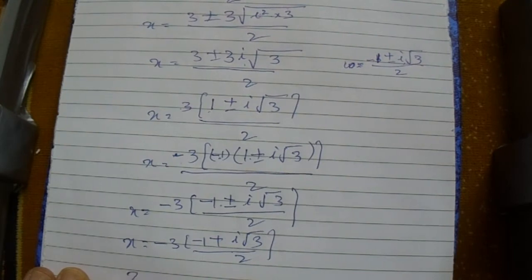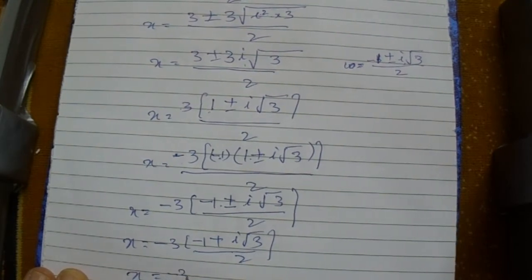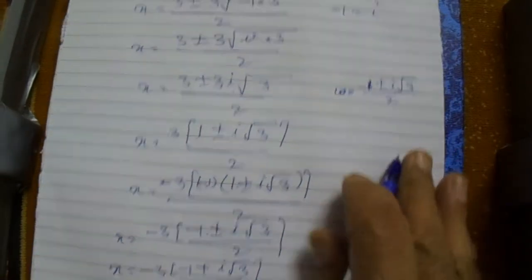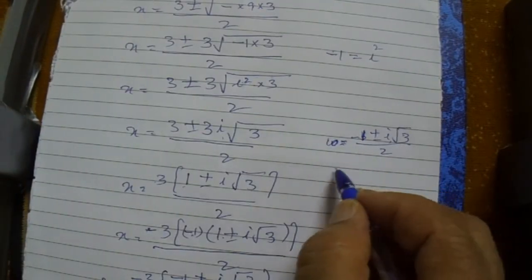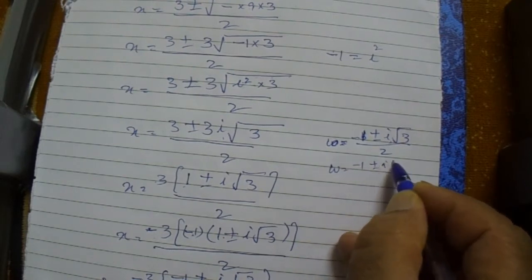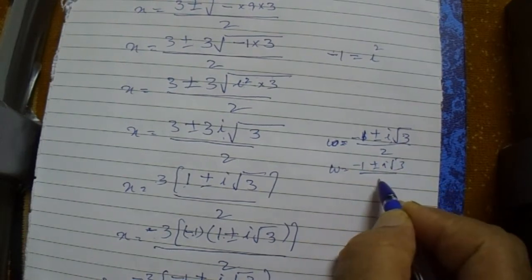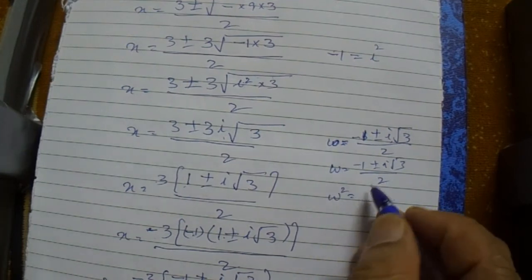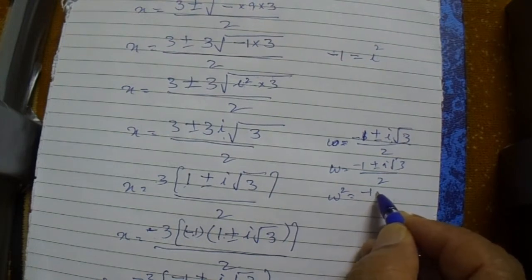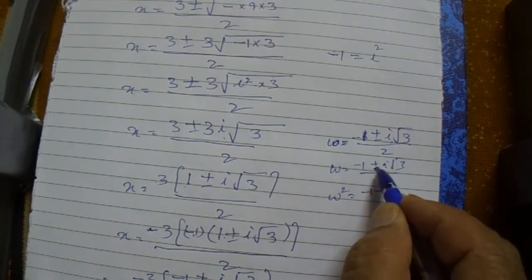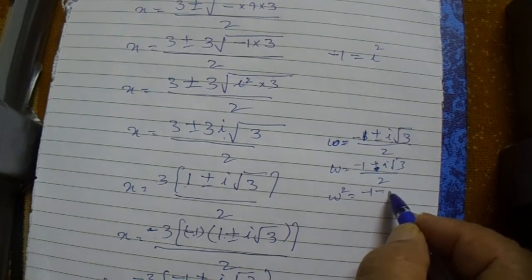Now we write this x is equal to minus 3 omega. Now 3 omega. We write this omega because we write here this. We write again omega is equal to minus 1 plus minus iota root 3 over 2, and omega square is equal to minus 1 and minus this. This is only plus, and minus this iota under root 3 over 2.